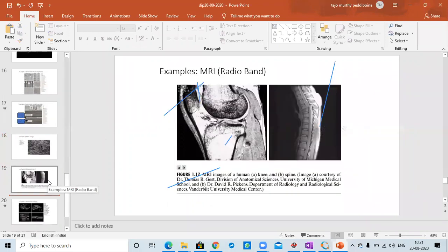So one more example is MRI, that is also in the radio band. The MRI images are useful similar to your previous case. It is used to identify any defect or any infection present in the knee area, spine area. Particularly the MRI is useful for critical analysis. For example, if the X-ray is unable to detect certain infections, the MRI can detect even critical infections that are not found directly in X-rays.